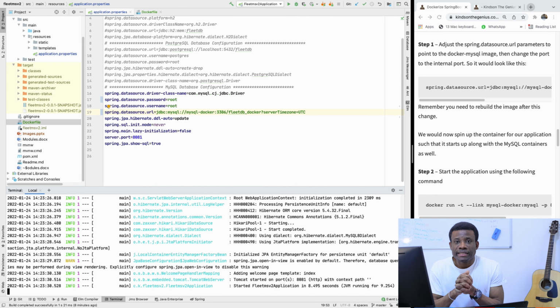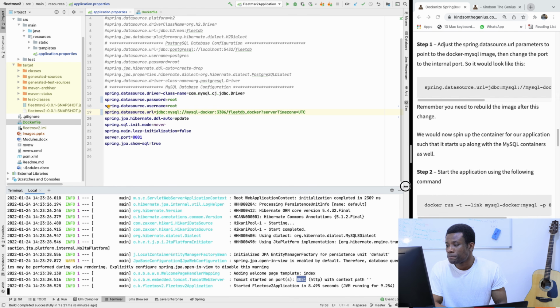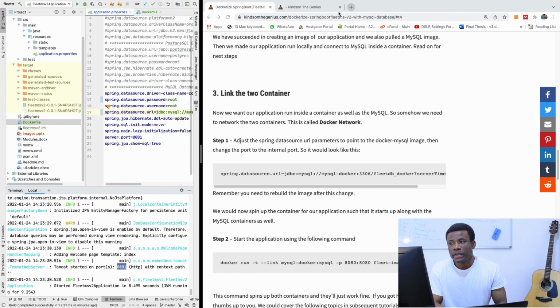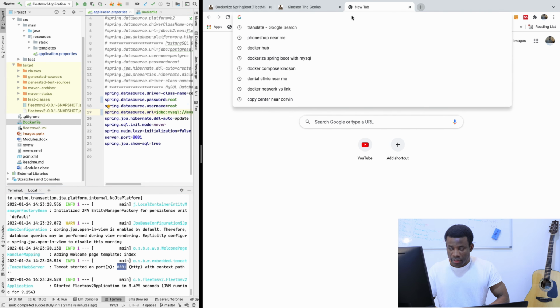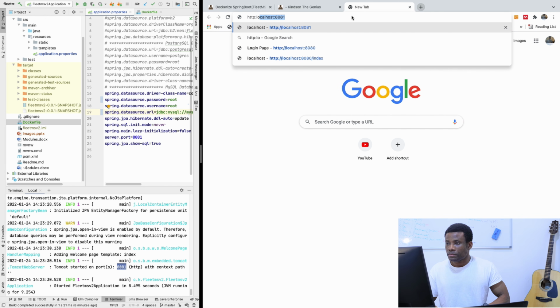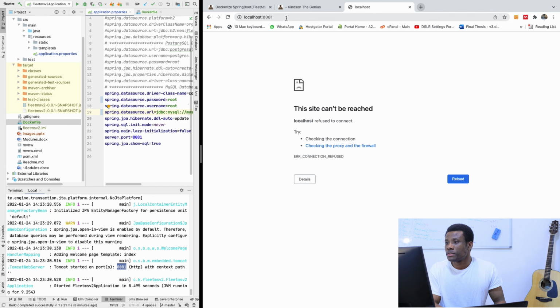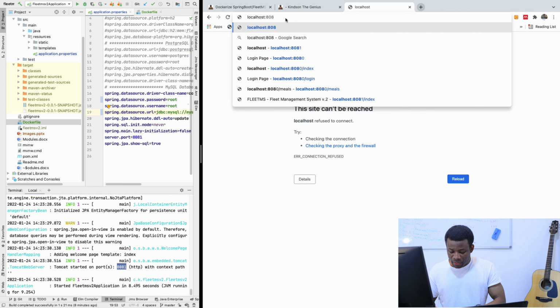Alright, so Tomcat started. Now we are not doing anything on localhost, everything is inside the container. Container runs, that's another container, and FleetMS and MySQL are running both inside the container network together using the link command, and that should be fine. So if I go to port 8081, why is it saying Tomcat started on port 8081? So let's see. HTTP at port 8081. So it's going to be 8080 actually, because